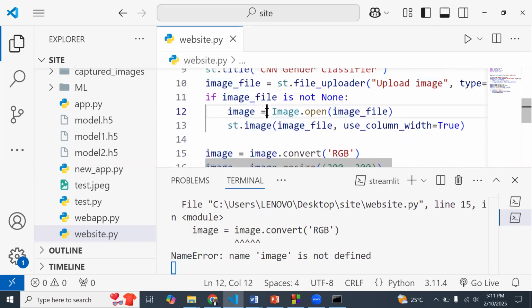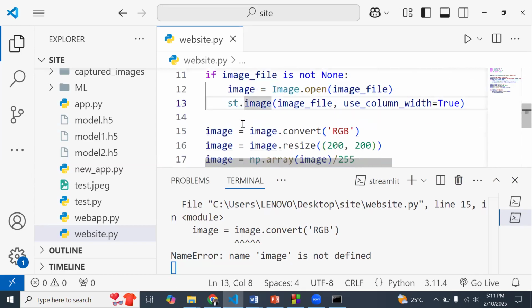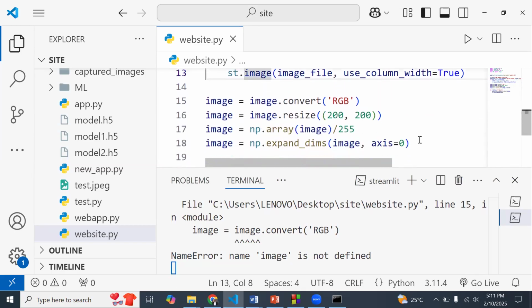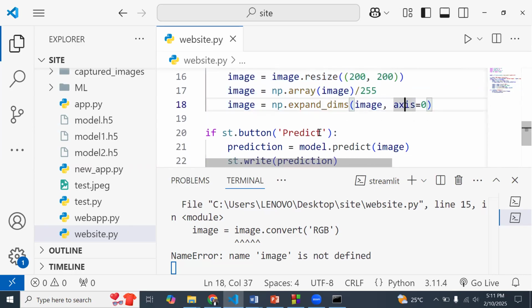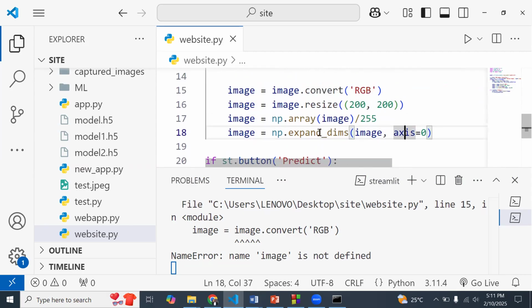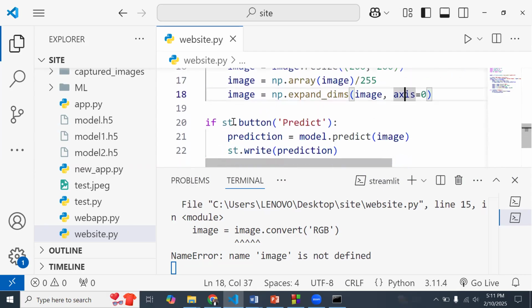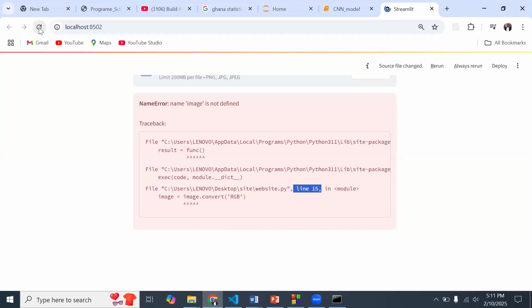So this image is under this if block. So let me just indent this under this and see. And then if that's the case, this one too has to go. But then let's see if we get rid of that problem.